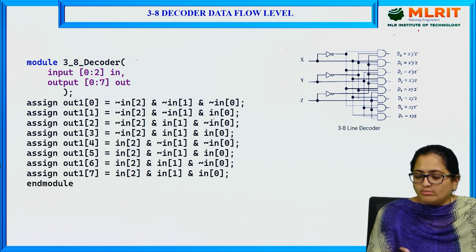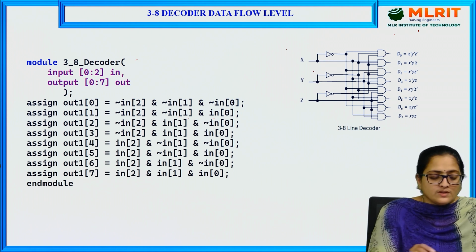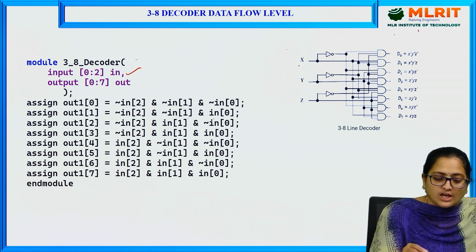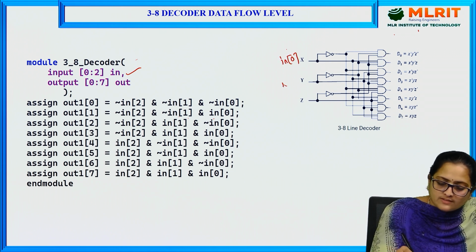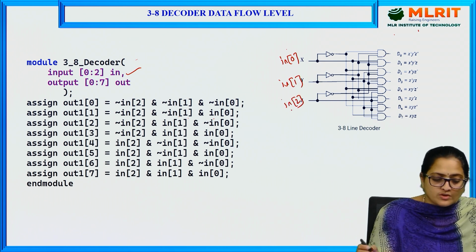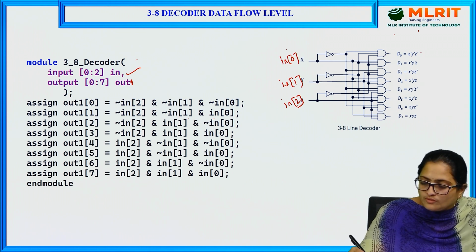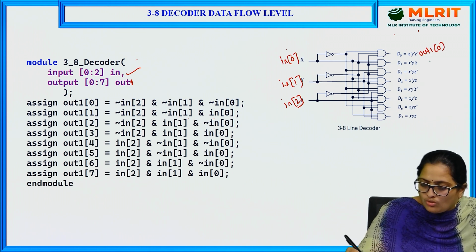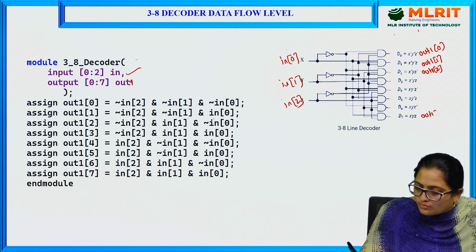So this is a normal 3 to 8 decoder circuit which has 3 inputs and 8 outputs. The inputs here are declared as a vector represented with IN of 0 to 2, that is, this is IN of 0, this represents IN of 1 and this represents IN of 2, and the outputs are given with OUT of 0. So this is OUT of 0 and this is OUT of 1, and this D2 is given with the value of OUT of 2 and D7 is given with OUT of 7.